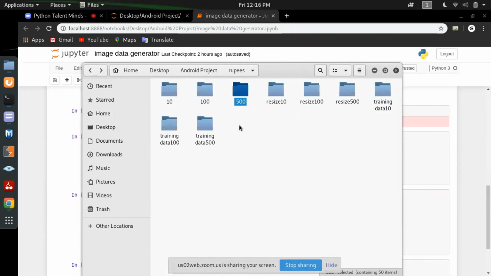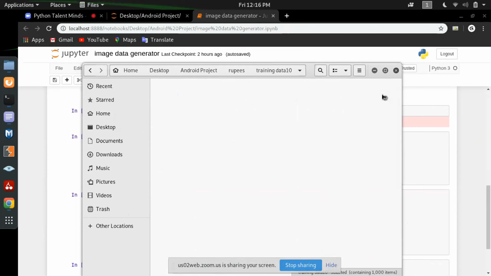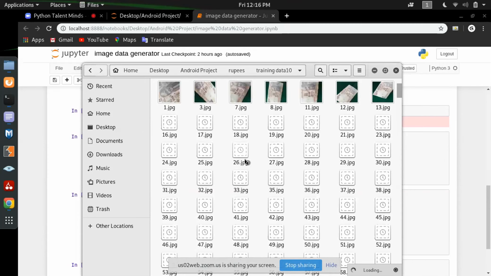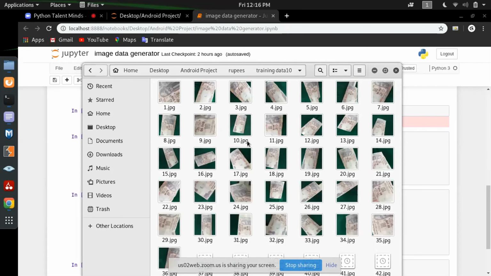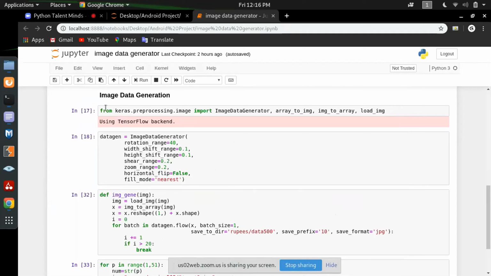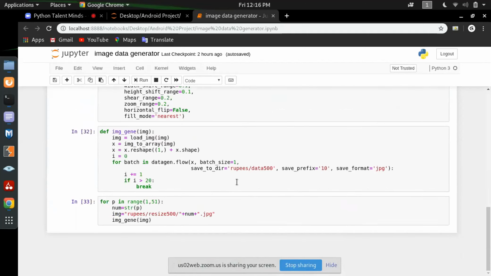I will show you the data once again. Yeah, training data. In these images, each image will be zoomed, or sheared, or flipped, whatever it may be, and these data will be multiplied. By using this image data generator, we can increase the image data.